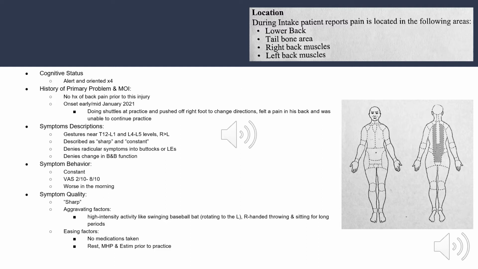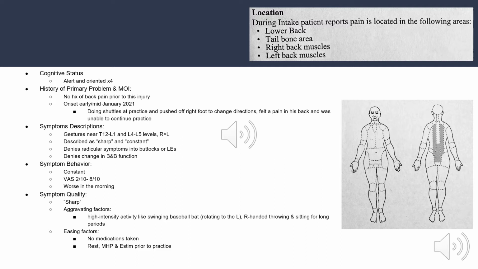On the VAS, he says it ranges from about a 2 out of 10 to an 8 out of 10, and it's worse in the morning when his back is more stiff and he hasn't moved at all. In terms of symptom quality, like I said, he describes it as sharp. Aggravating factors include higher intensity activity, like swinging a baseball bat, which involves rotating to the left, right-handed throwing, and sitting for longer periods. Easing factors include heat and e-stim prior to practice that his athletic trainer has been applying,